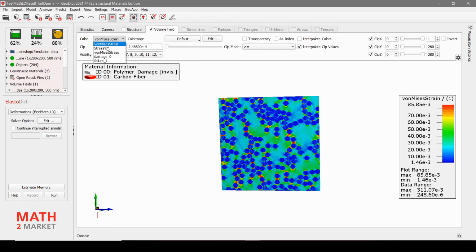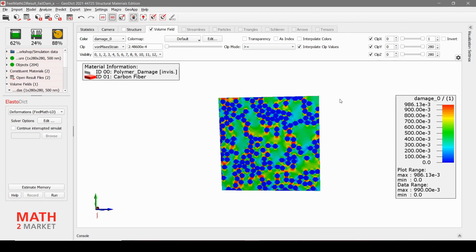We go back to the damage, and we see that the damage is more pronounced, and also that it's approaching 1 in many voxels, and you can see that there are paths of failure like cracks going through the entire specimen, and in a tensile test this specimen definitely would have failed by now.